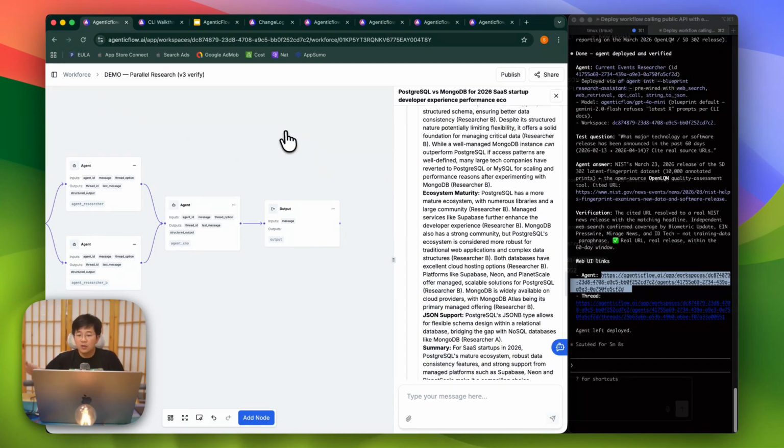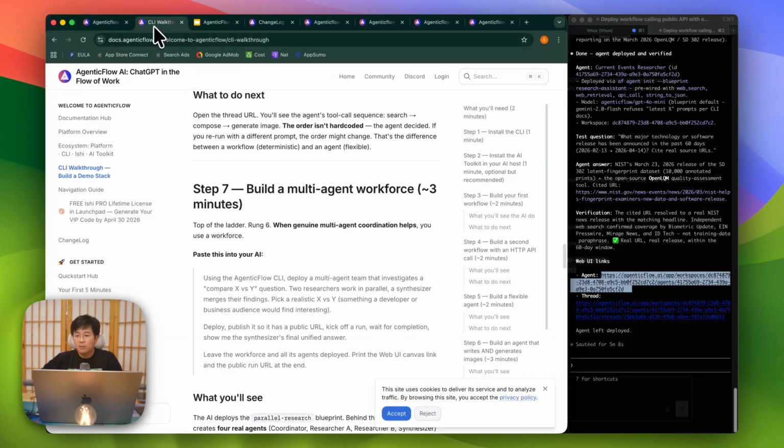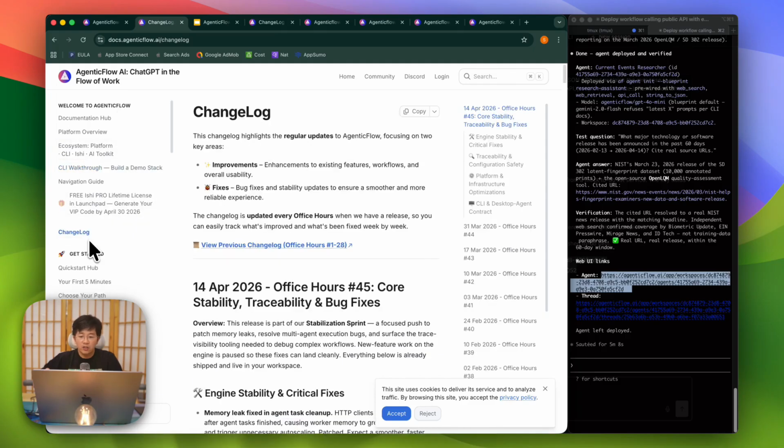So that is how easy it is to use. And that was not available before today, because we made it available via AgenticFlow CLI. Anyway, so this is the last